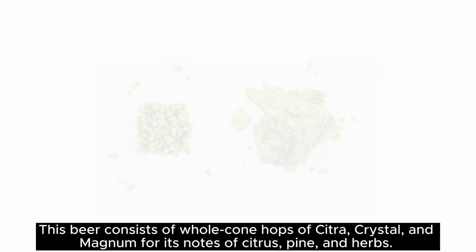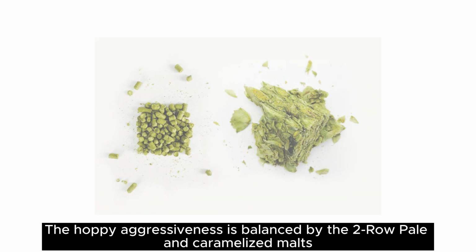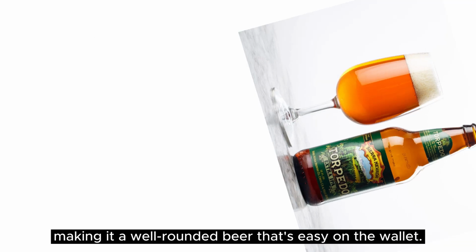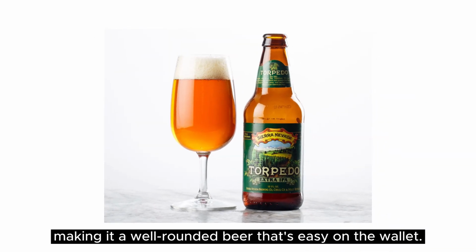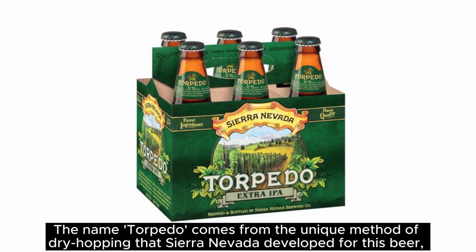This beer consists of whole cone hops of Citra, Crystal, and Magnum for its notes of citrus, pine, and herbs. The hoppy aggressiveness is balanced by the 2-row pale and caramelized malts, making it a well-rounded beer that's easy on the wallet. The name Torpedo comes from the unique method of dry hopping that Sierra Nevada developed for this beer,